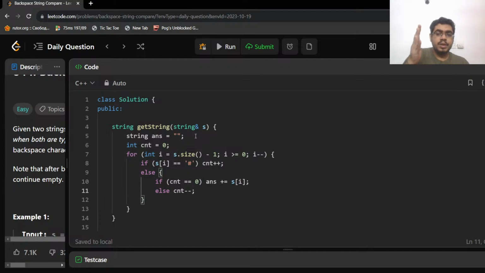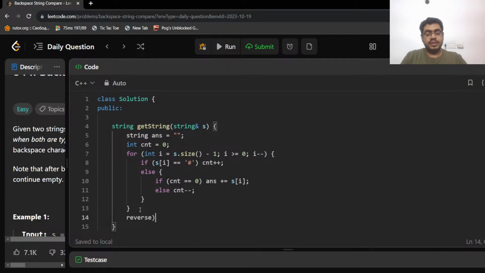So run a backward loop. If you get a hash, just do count plus plus. If you don't get a hash, then do count minus minus. But before doing count minus minus, check if count was already 0. That means this is a new character which is not cancelled by a hash, and we can do answer plus equal to s of i, right? So the answer will be in reverse order. So finally we would reverse this answer array